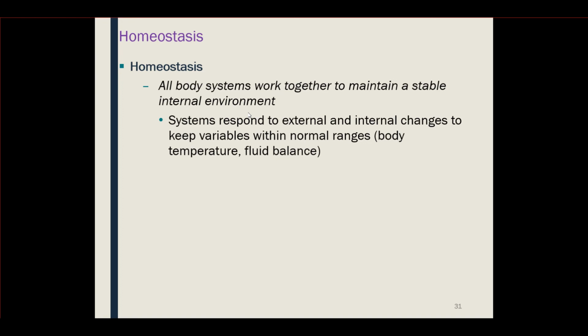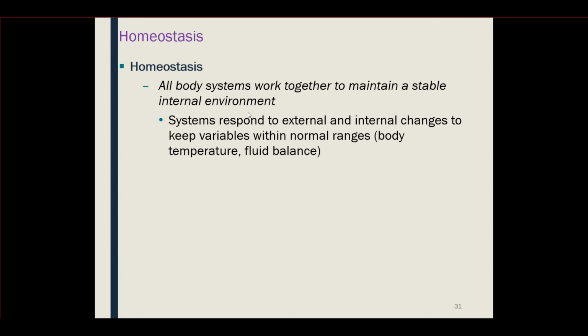pH, which is acid-base balance, different ions like sodium, potassium, they all need to be at a certain level. Right? If they go up too high or too low, we become sick. So homeostasis is when all the body systems, and we know from a previous lesson there are 11 body systems, they work together to maintain a stable internal environment. Right? These systems, guys, respond to external, right, changes outside of our body, and internal changes, changes within our body, to keep variables within normal range, such as body temperature, fluid balance, if you want to add there, blood pressure,